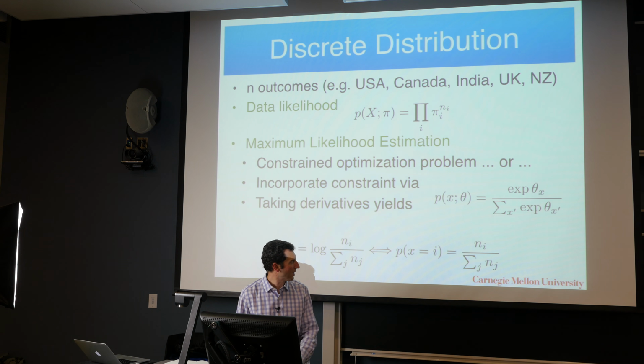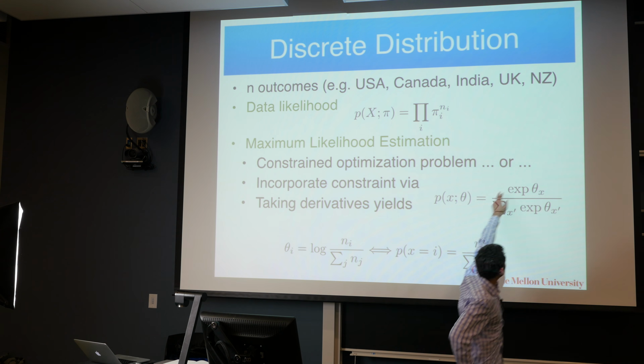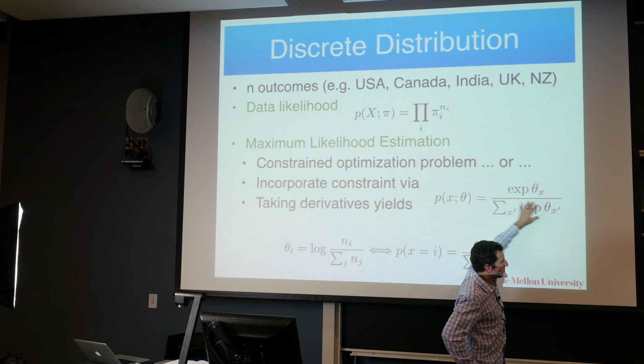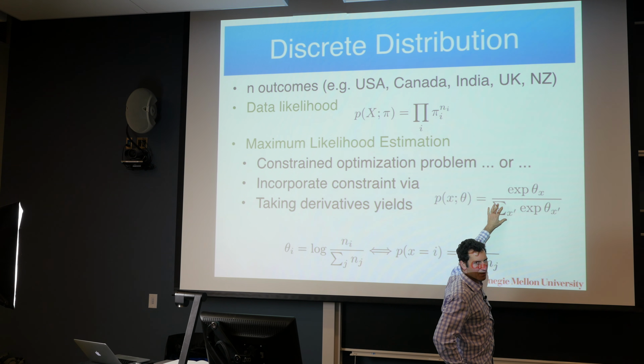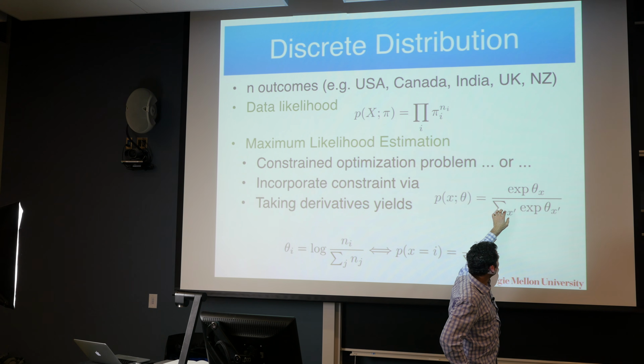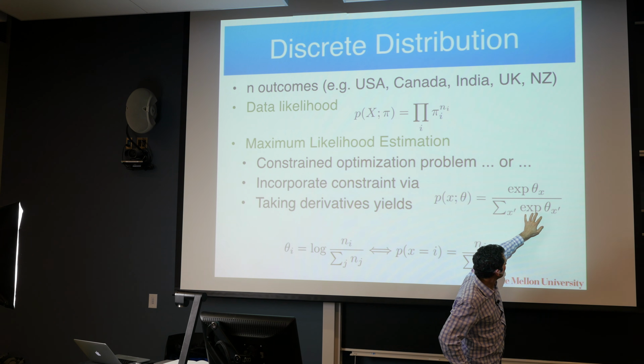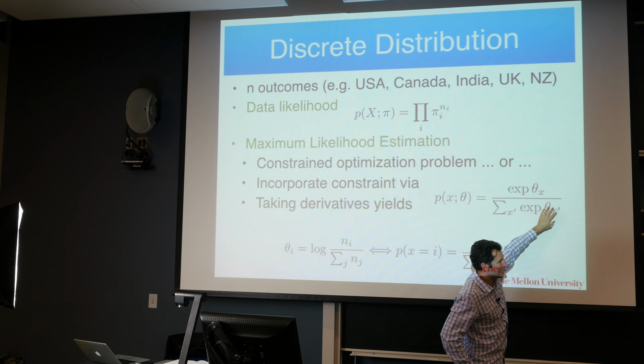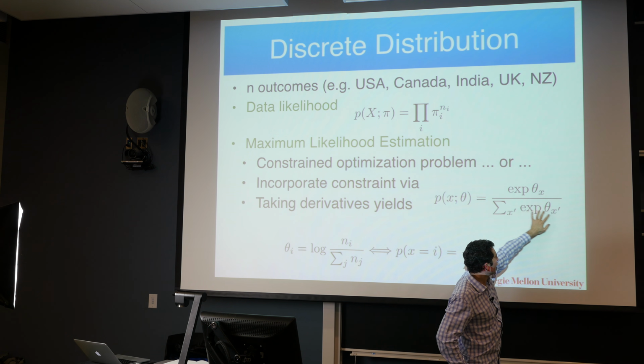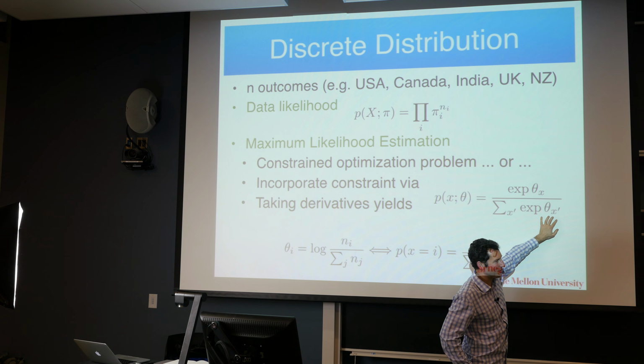Okay, so this thing here is exactly the same normalization. So in the case of 0 and 1, this is basically e to the 0 plus e to the theta 1, or e to the theta, except that now in this case we have one parameter for each of those outcomes.